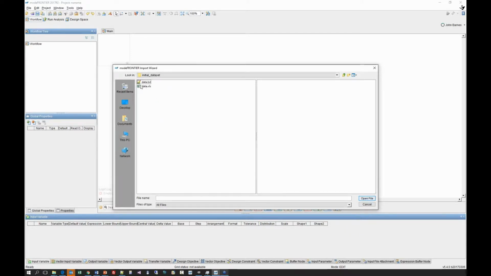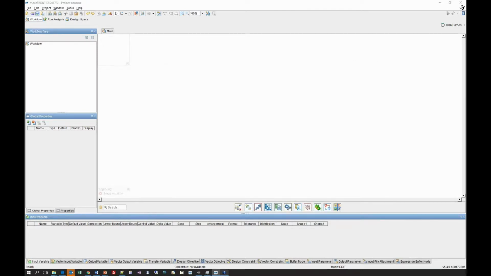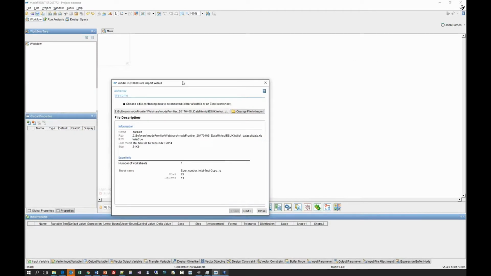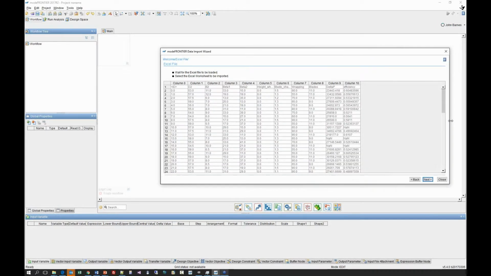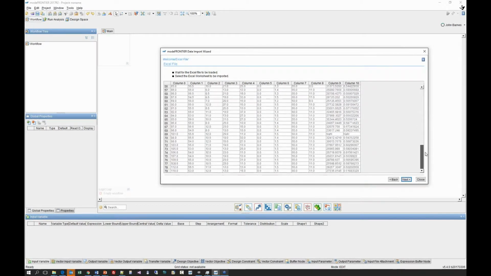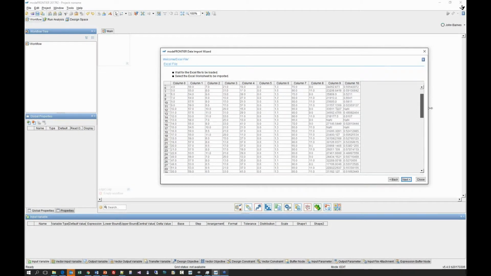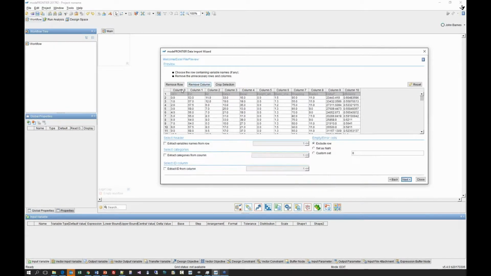initial data set, and it will open up this little wizard to be able to import that data from that Excel. Notice that it's already found the columns and the rows and trimmed off anything that's just blank data in terms of columns or rows. We click next. And then we can start tidying up the data. So if I wanted to extract the variables from the first row, or extract the ID numbers of the designs from the second row, I could remove columns that I'm not interested in because they're just purely constant.